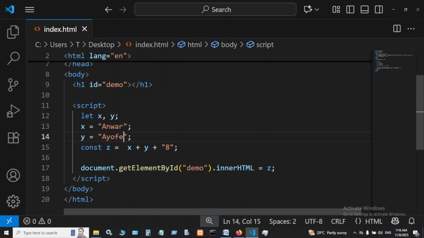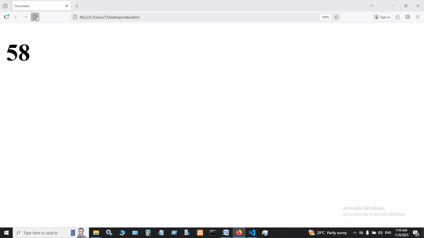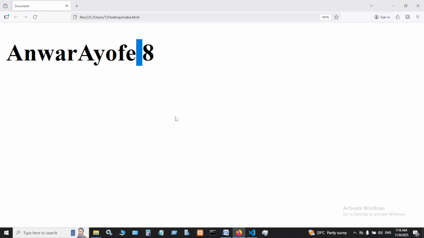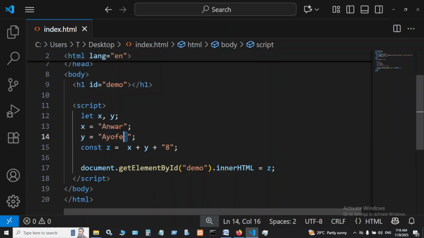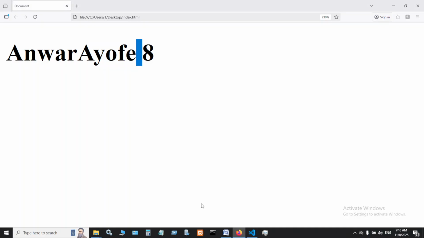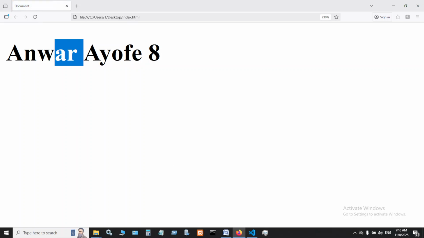When I use Anwar Ayofe right here, I want to call this and this together. Because I've used the plus sign, it should display Anwar Ayofe 8. That's what you should see. But let me give it a space right here so you guys can see, because we are already concatenating it. Can you see Anwar Ayofe, the space that I gave it right here is the one you are seeing from here. So when I give this one also a space, you are going to see, when I reload, can you see